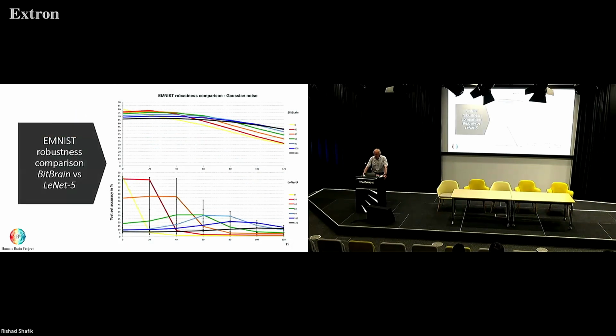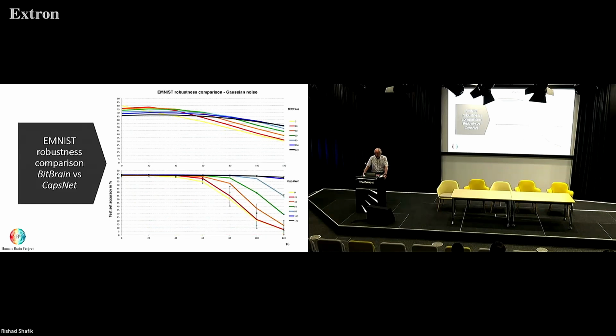But again, if you compare it with LeNet 5 under noise, then it holds its inference accuracy up much better than a conventional artificial net, and that's LeNet, which is one of the older ones, or CapsNet, which is one of the best networks in this area. Again, you can see that the noise performance is different, and particularly under significant input noise, the noise performance is quite a lot better with BitBrain. Again, I remind you that BitBrain has deployed single pass learning on this data set because multiple passes make no difference.